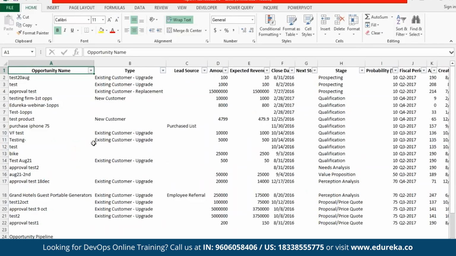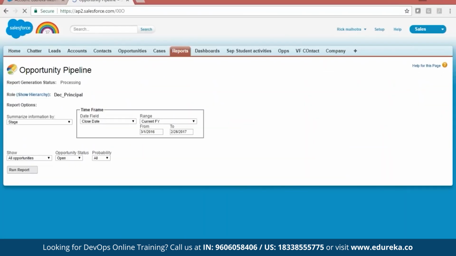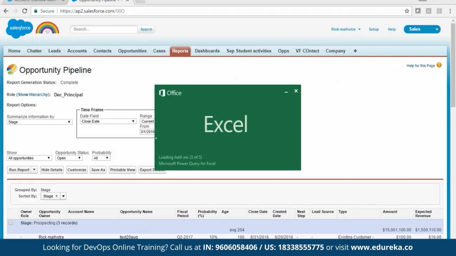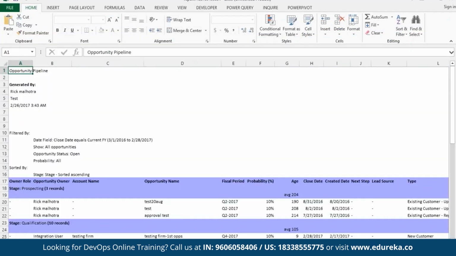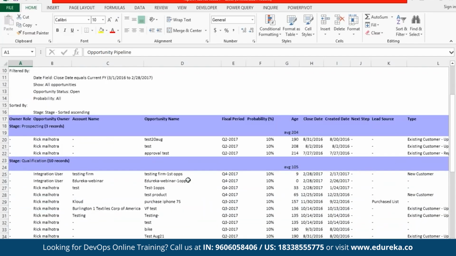I can use everything according to my Excel tools. If I have more tools, I can also install them. I can use Power BI and other tools. If you know how to use them, you can install anything. If I want a summarized report, I go to printable view. Again, it will download an Excel file, and you can check the printable view like this. So it's a summarized report with colors, and you can also print it.